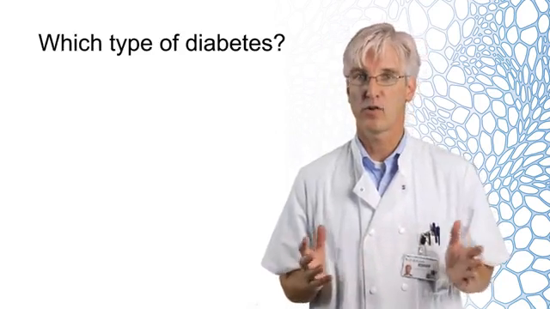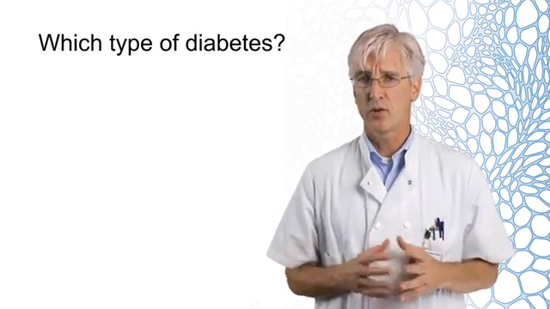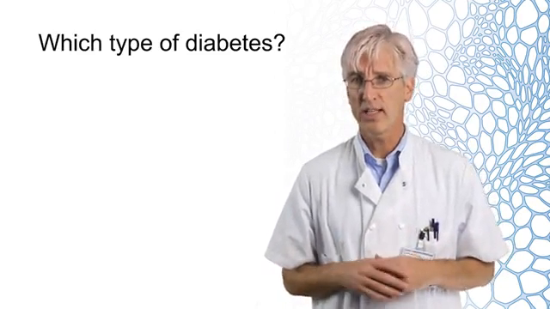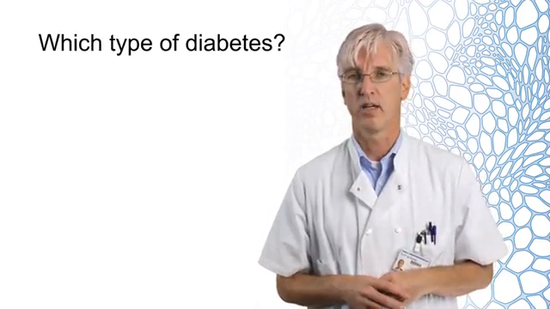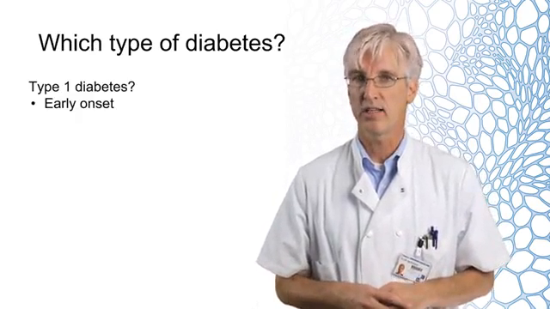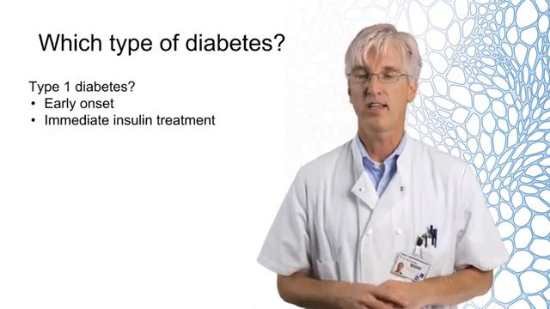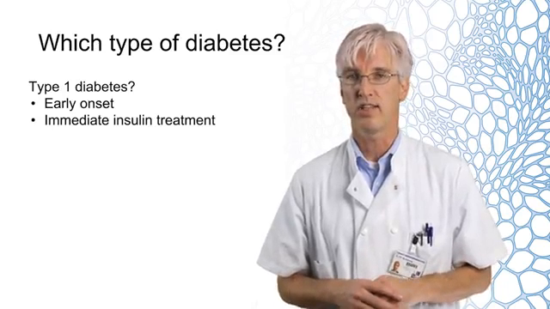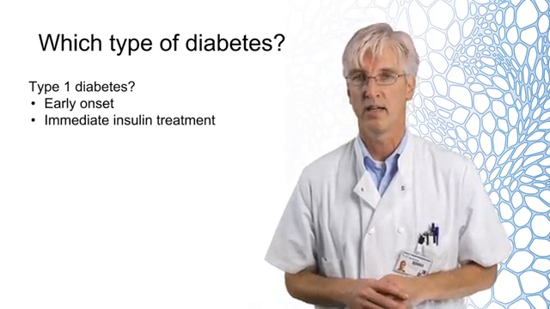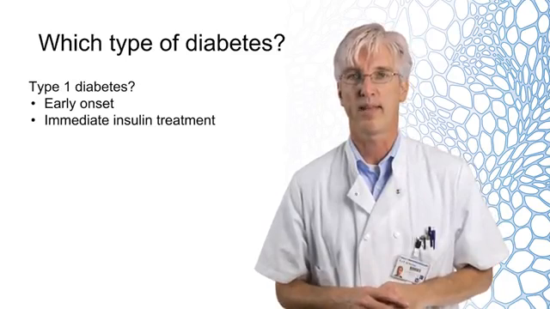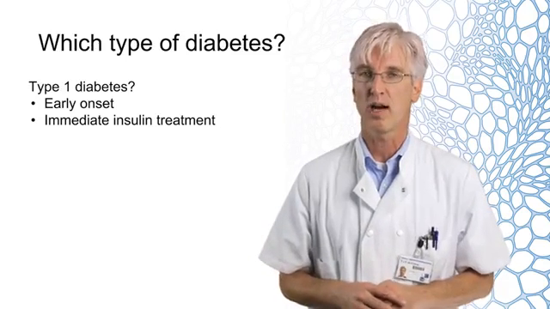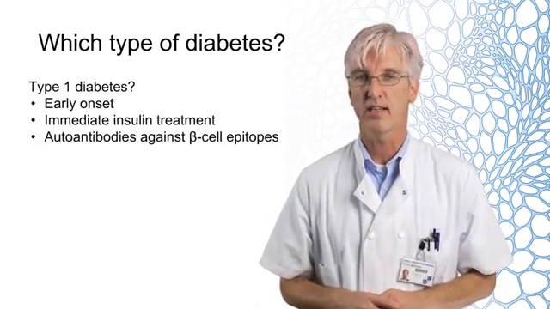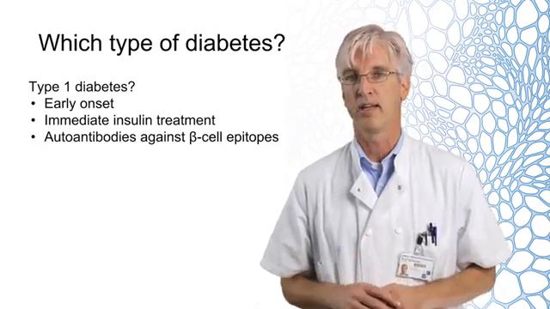So we will now ask Professor de Koning and Dr. Huurman to comment on this case. Hello everyone. Well, first I would like to make sure which type of diabetes is present. The onset of diabetes in early childhood and initiation of insulin treatment is suggestive for type 1 diabetes. Another indicator of type 1 diabetes would be the presence of autoantibodies against beta cell epitopes at any time since